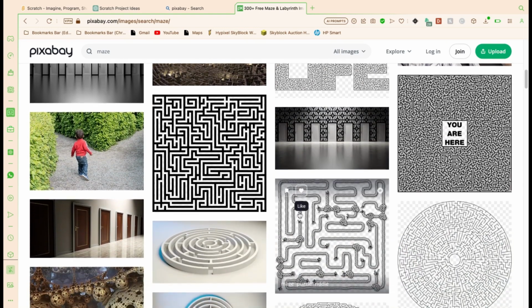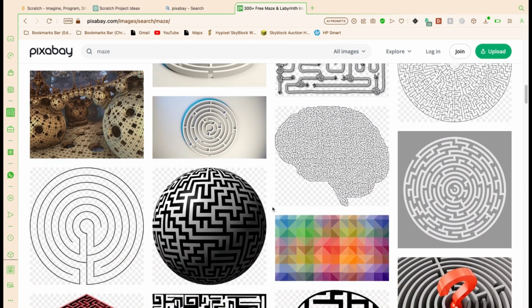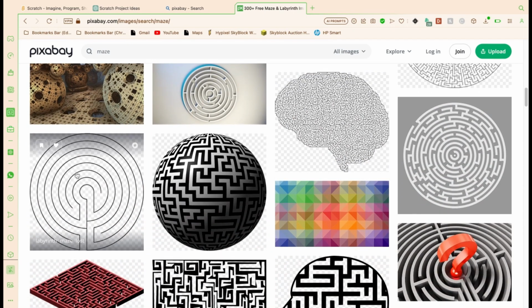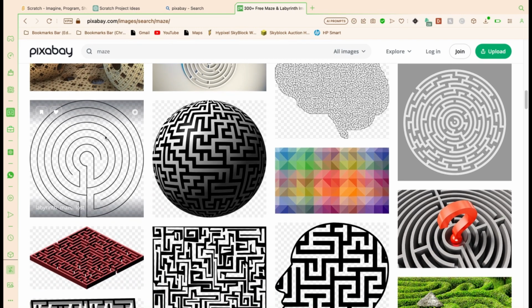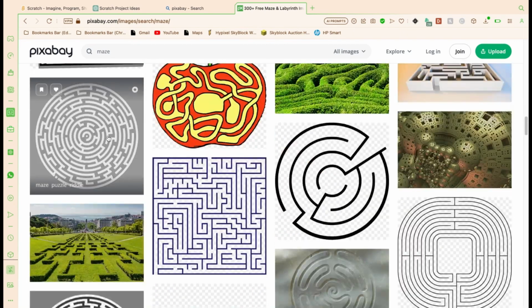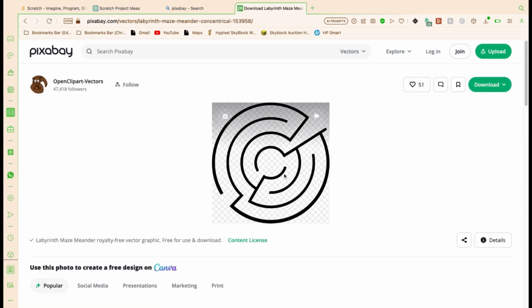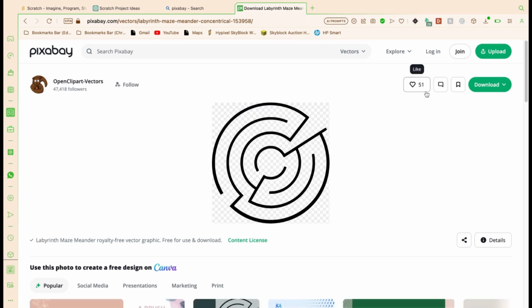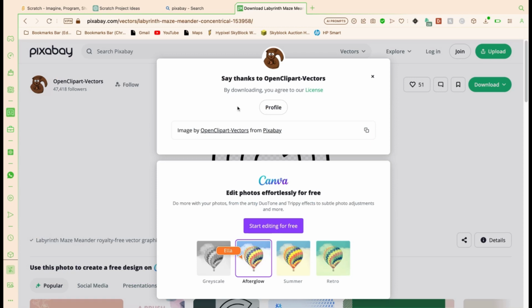So these are some very complicated mazes. This is simple. Let's go with this one for now. It's very simple. You can choose any image you really want to, but I'm just gonna download this real quick